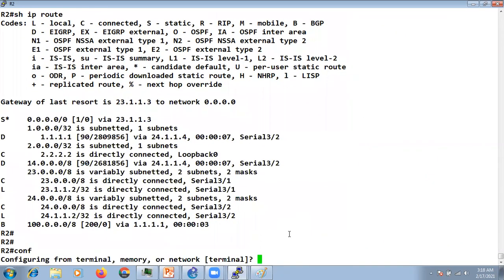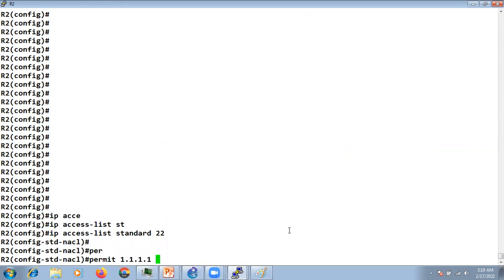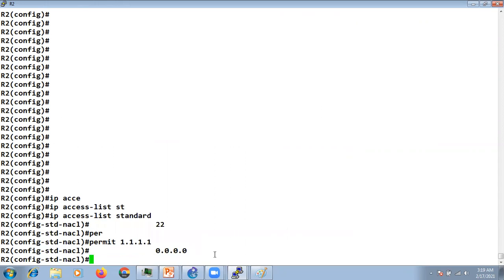Now what I will do is create an access list, standard 22. I will permit 1.1.1.1 0.0.0.0, so the IP of my peer I will match here in the access list.